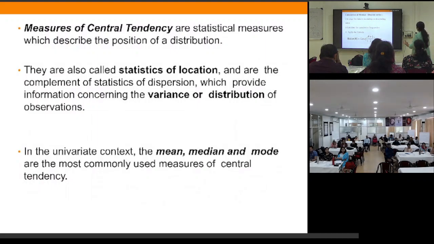So for a small set of data, how you are doing it on your own: arrange the data in ascending or descending order, calculate the cumulative frequencies, apply the formula. For example, now in this one, find the median of 81, 75, 77. So arrange the observations in the increasing order of magnitude.